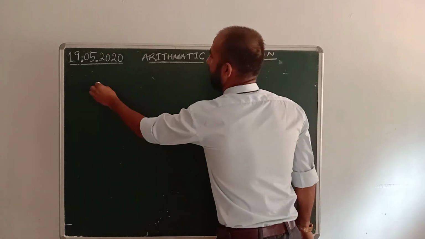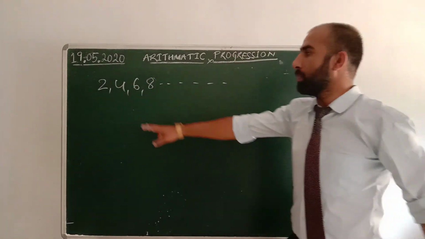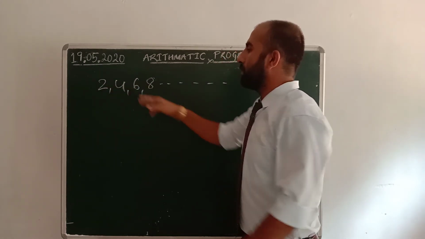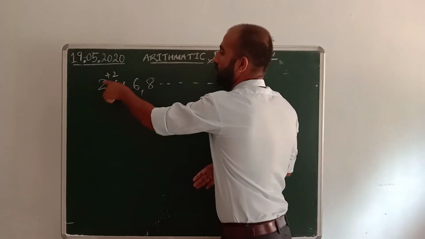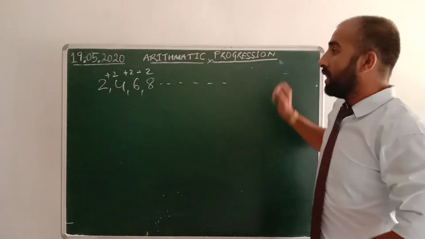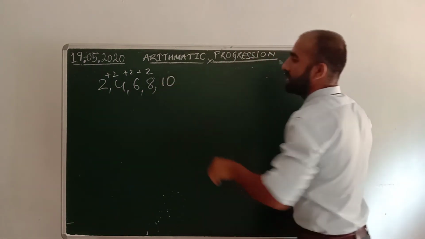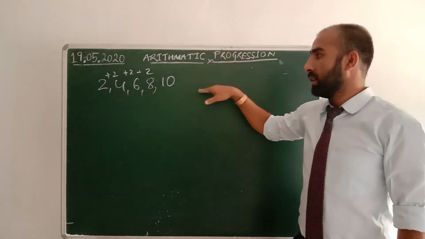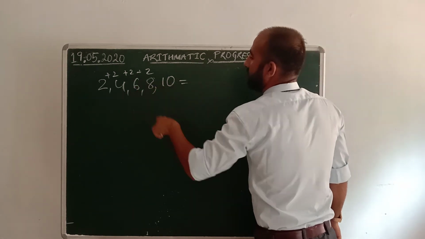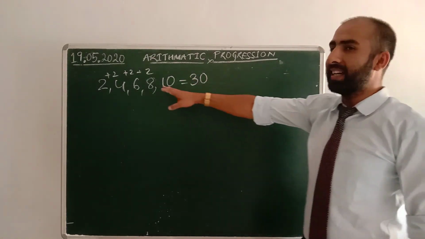Suppose you have got the numbers like 2, 4, 6, 8. So these are the AP of even numbers. Why is this an AP? Because each number differs by plus 2 units. 2 plus 2, 4; 4 plus 2, 6; 6 plus 2, 8, and so on. If you are given just these 4 terms, or let us take 5 terms, and you are asked to add them up, it is quite easy, isn't it? 10 plus 8, 18; 18 plus 6, 24; 24 plus 4, 28; 28 plus 2, 30. So it is quite easy to find the sum.